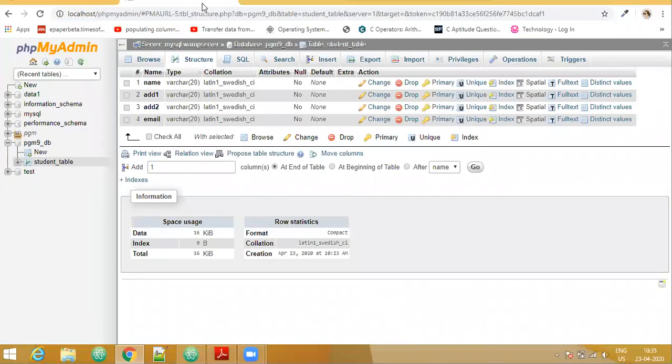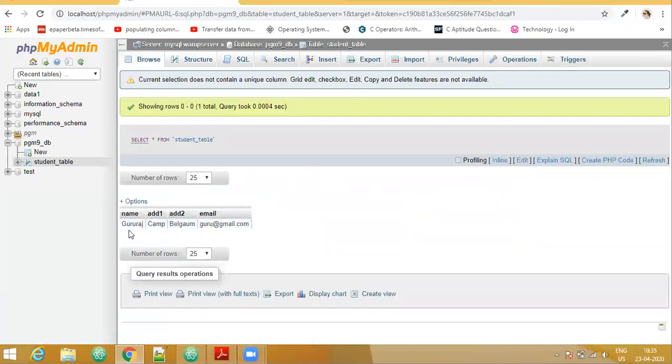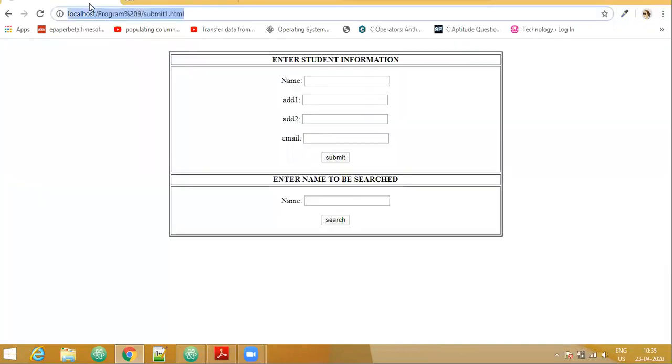Now let us see if the values are actually entered here. Yes, you can check here the values are entered. So let us insert 3 more values so that it becomes easy to perform the search operation.